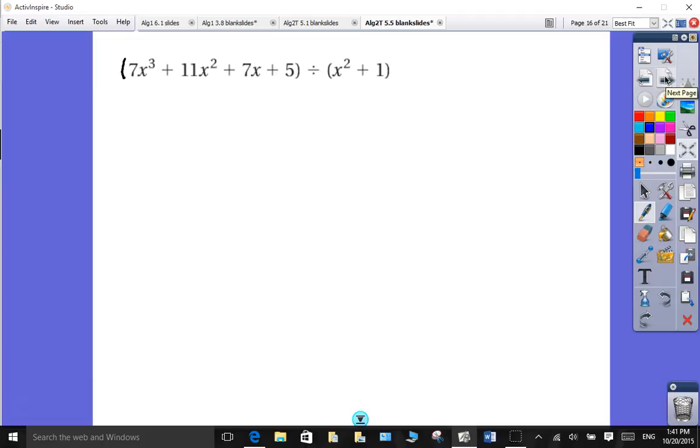Okay, so can I use synthetic division with this one? No, I can't use synthetic division. The reason that I put this one up, because I've seen this be a problem we make mistakes on, is that if you notice what you're dividing by, that's missing a power of the variable. So even if that happens, you need to fill it in with a 0x to make it look like